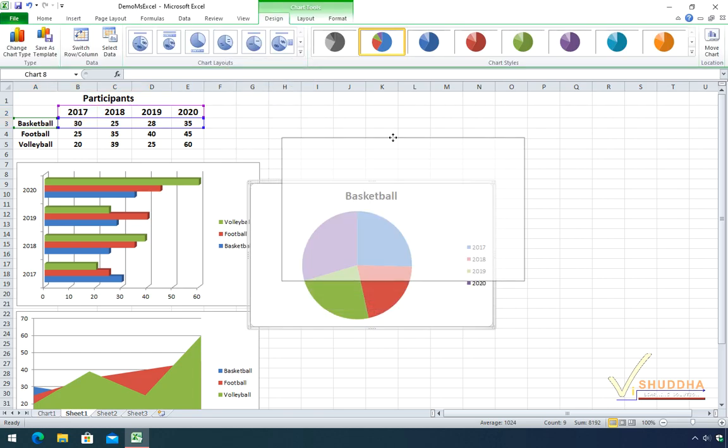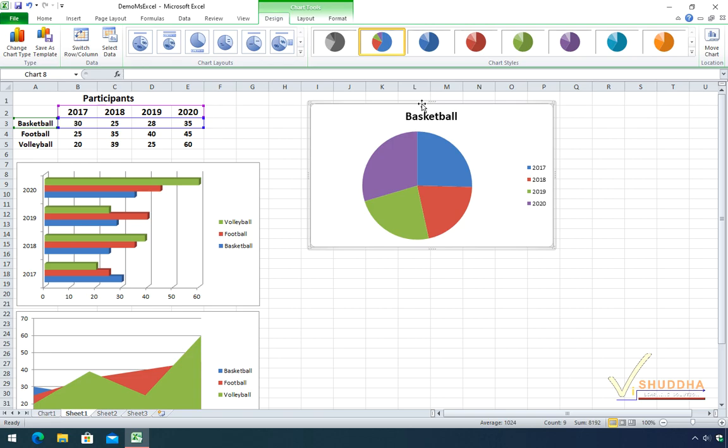As you can see, we have created a pie chart in which we are representing the data about basketball for the 4 years that we had mentioned. The different colors represent the different share of the values. When you move the mouse pointer over them, you can see the detailed information. Like this is for basketball. In the year 2017, the value is 30 and it is 25% of the total share of all the participations in the different years. Similarly, when you move to the green area, it is for the year 2019 and here the share was 24% with value 28.